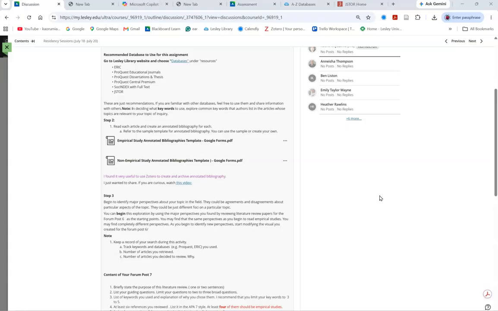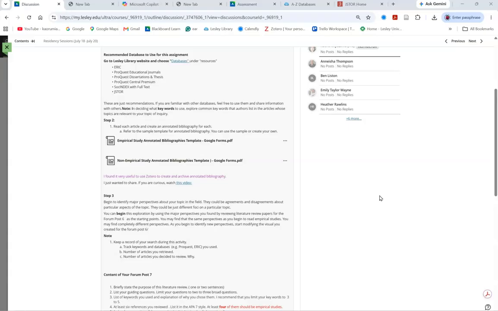The new empirical studies that you're reading for this assignment may have perspectives that overlap with the perspectives you identified earlier, or you may find new perspectives. So I want you to start modifying the visual that you created earlier